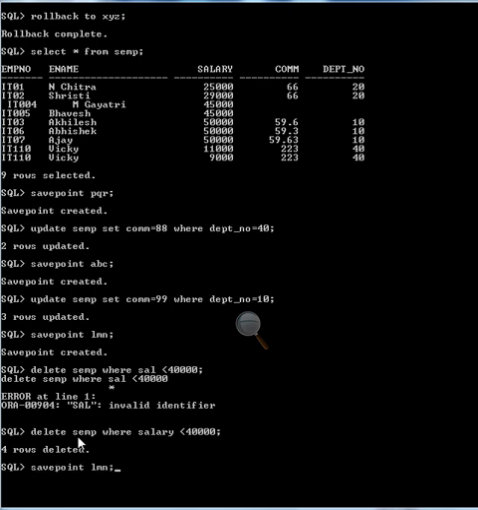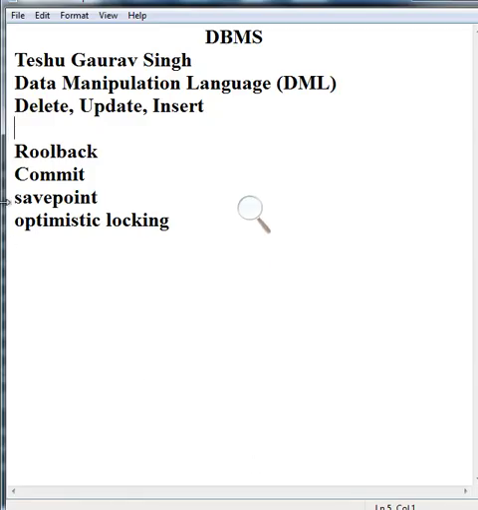Now see the reflection. Select star from ACMP. Before looking at that, just keep in mind the order: first we gave save point PQR, then save point ABC, then save point LMN. Let's write that in our notepad so that we can recall it.